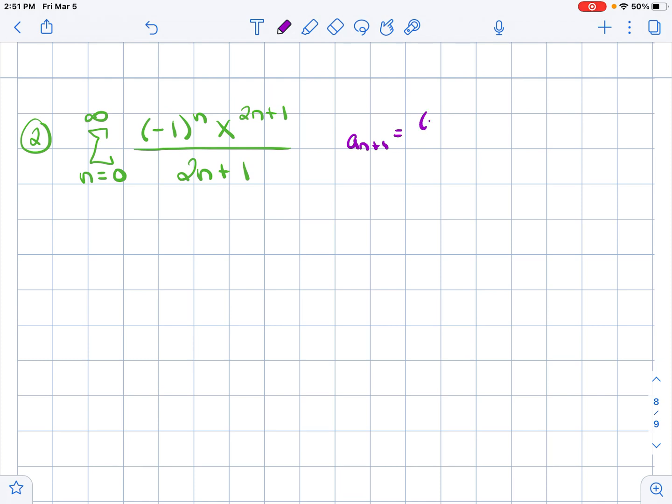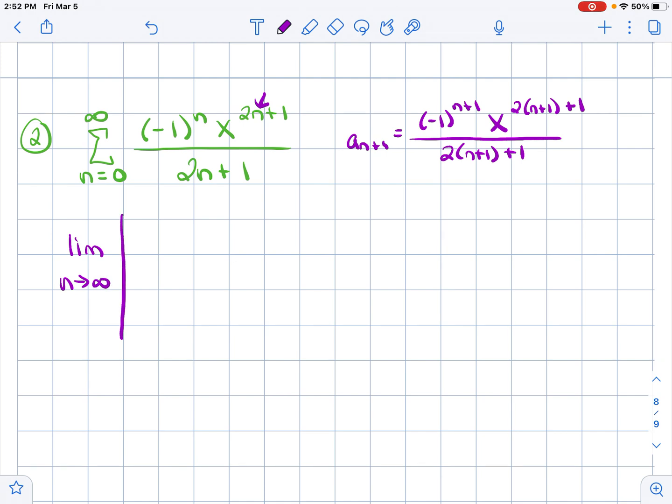So if I look at the next term, this is negative 1 to the n plus 1. Here's where people mess up if they're going to mess up. This is replace n with n plus 1. So I'm replacing n with n plus 1 over 2 times n plus 1 plus 1. Okay, when I find the limit then,